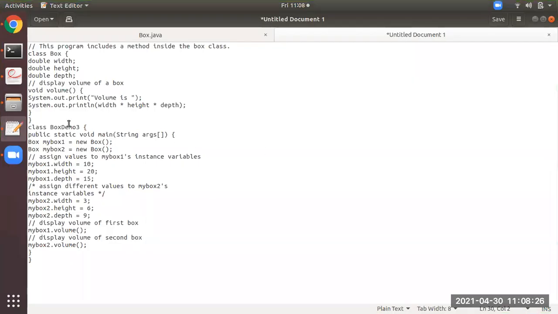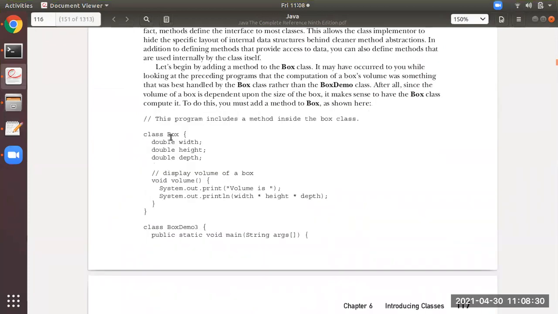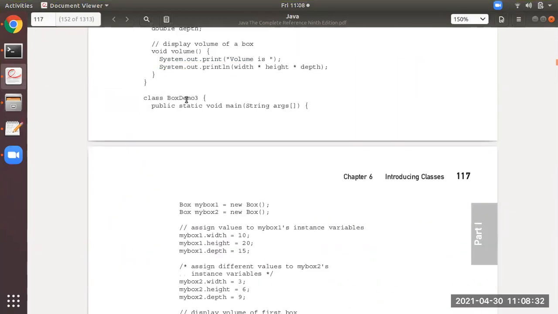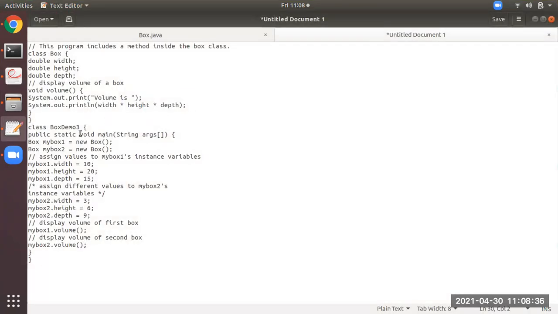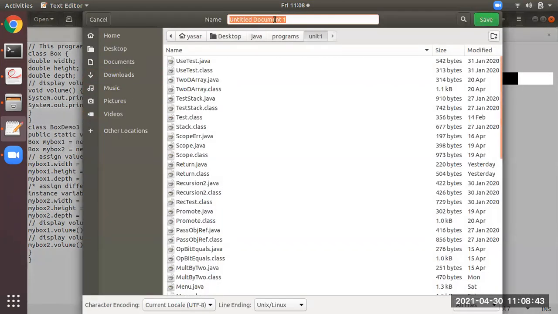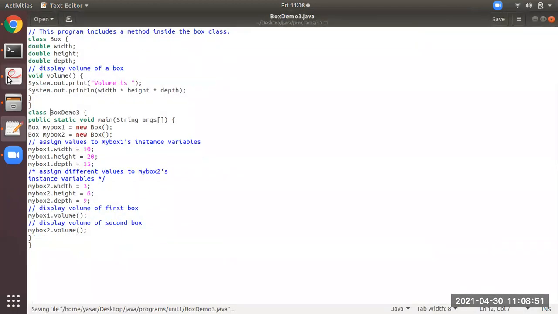Now students, see here, I have copied the two classes, class box and another class box demo. Now I have to save the program. You can save with any name, but over here I will save it with boxdemo3.java. Now you can see I have saved the program.